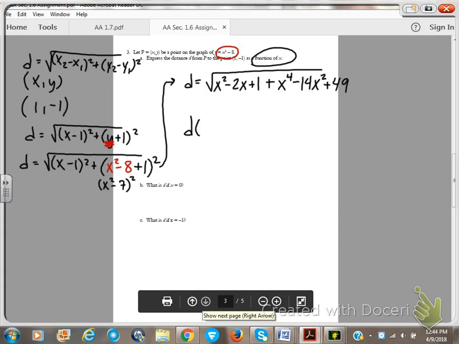Combining like terms, d of x equals the square root of x to the 4th minus 13x squared minus 2x